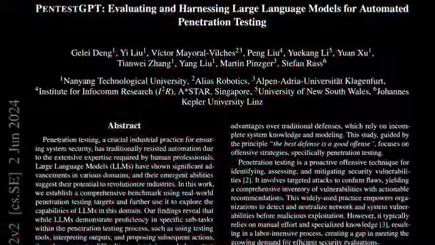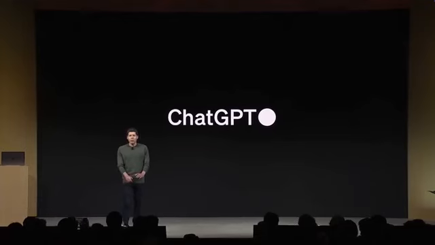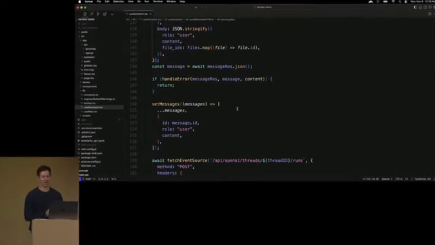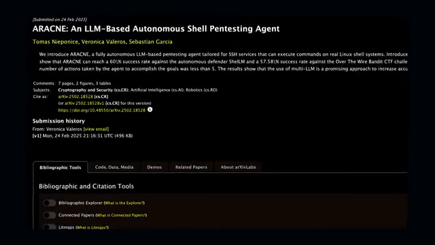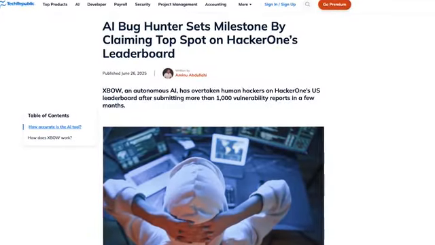Okay, so we can hack AI, but can AI hack for us? When we were at the OpenAI conference, we got to see a lot of people and how far they were with automating offensive security. So pen testing, web security testing with agents, right? I was a little bit of a person who thought we were a little bit farther off than we are, but I saw some demos at that conference where autonomous agents could go out and find web vulnerabilities, and they're already scoring high on bug bounty leaderboards, on the monthly leaderboards. And so the idea of building these systems that can automatically hack for us is not as far away as I thought, for sure.